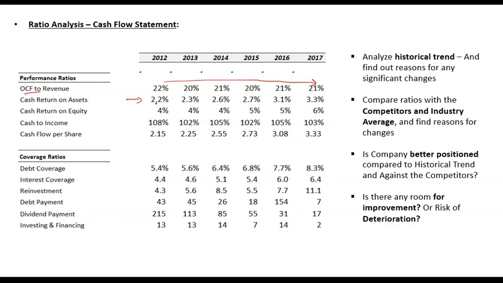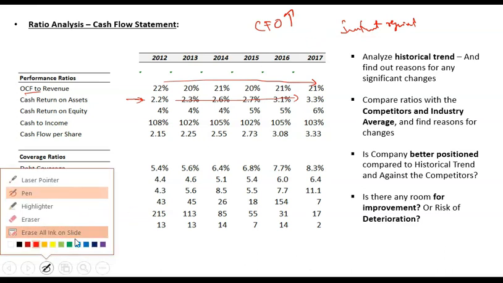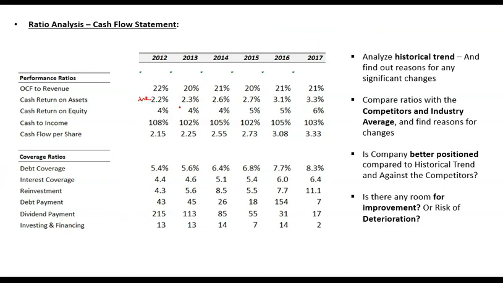Cash return on assets is also almost stable. It has just increased a bit, and an increase is a positive sign. Why is it a positive sign? Because it tells us that we are making more cash than the investment required. As we are producing more cash than the investment required, that means we are in a position to expand our business or to increase our investment. So again, this is positive. Cash return on equity has increased, again positive, because that shows that cash with respect to equity has increased, so there is more cash to be returned to equity holders.